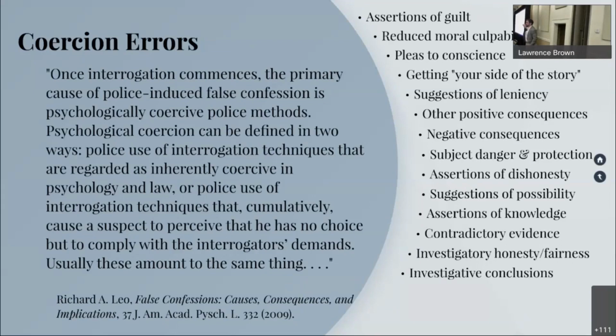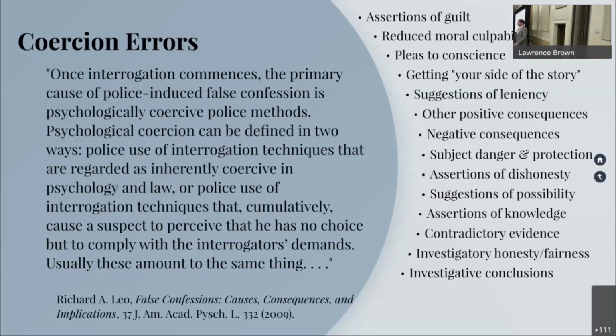You cannot look for these and say, aha, I see some of these or all of these, and this makes the information invalid, right? This makes the information no good. I have no idea. Some number of people who are presented with each and every one of these coercion errors are confessing because, and I know this is going to shake you to your core, they're actually guilty, right? Sometimes they're providing information about their guilt because they feel coerced, psychologically, if not legally. Sometimes they're providing information because they don't feel coerced, they just want it, whatever, who cares, right?